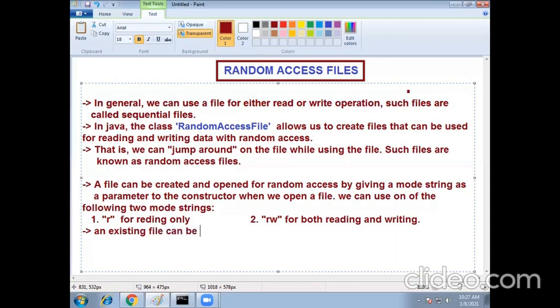An existing file can be updated using the rw mode only. There is no append mode. Using rw mode only, you can update the existing file.